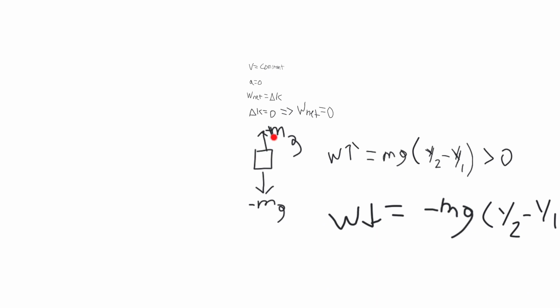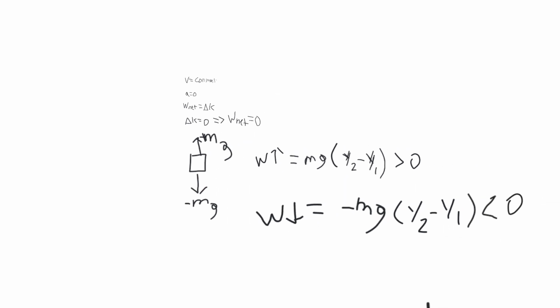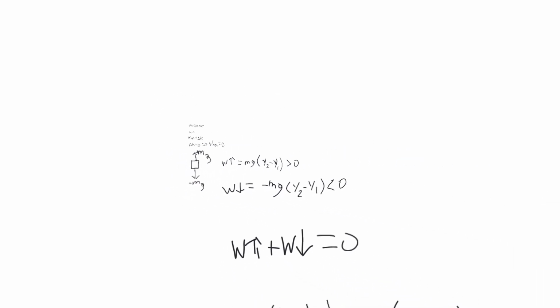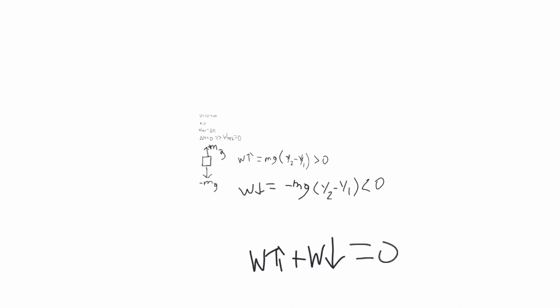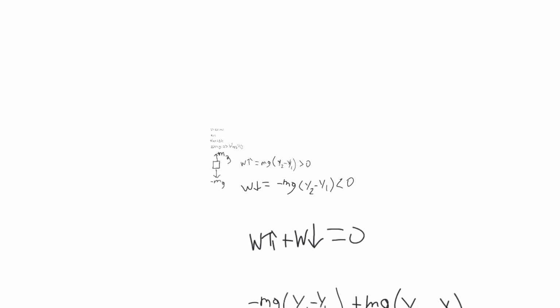Here we have the object, right? We have the force being applied by the man, and we have the actual weight, right? And I expanded these and showed these out, right? So here we have the force that's pulling up the object, right? The work that's being pulled up, and that's equal to mg (y2 minus y1), right? And this has to be a positive in here,